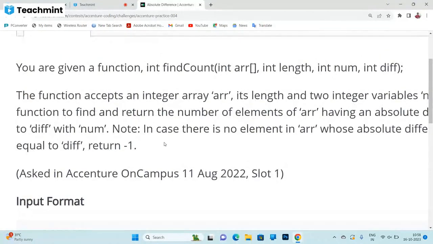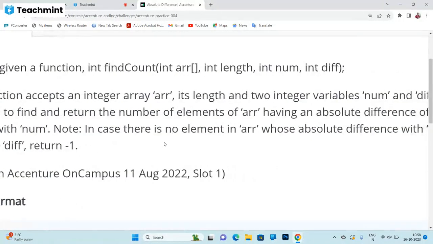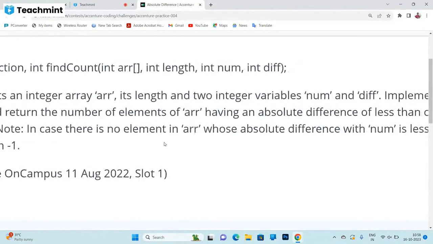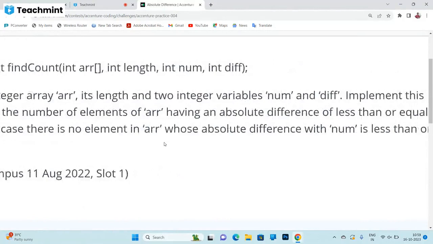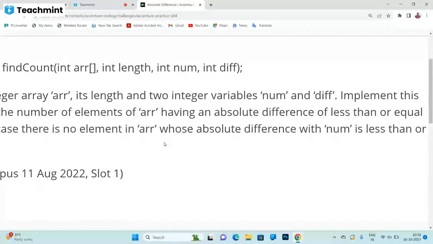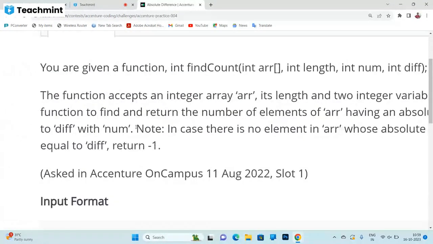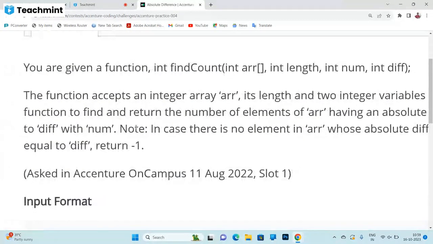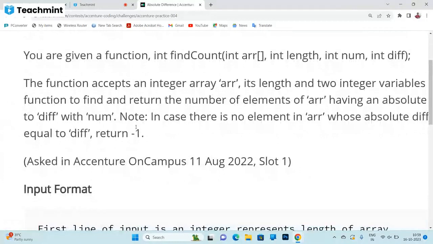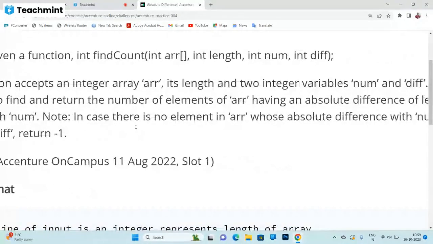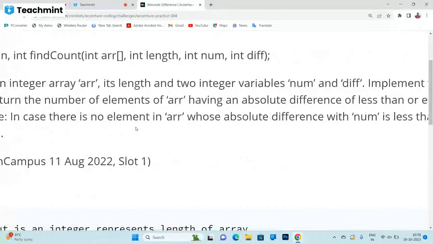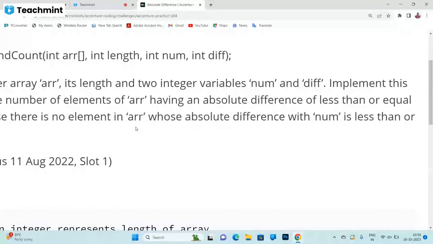What the function accepts? An integer array, its length, and two integer variables, num and difference. Implement the function to find and return the number of elements of the array having an absolute difference of less than or equal to